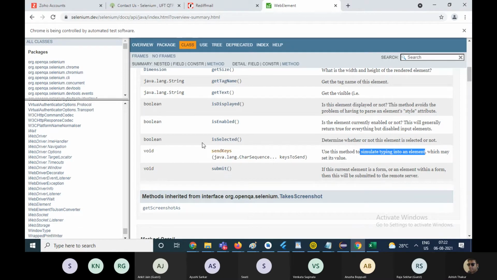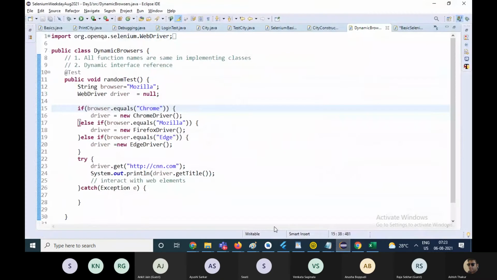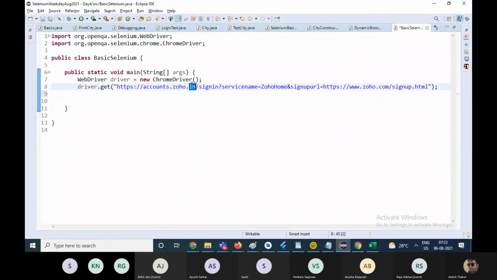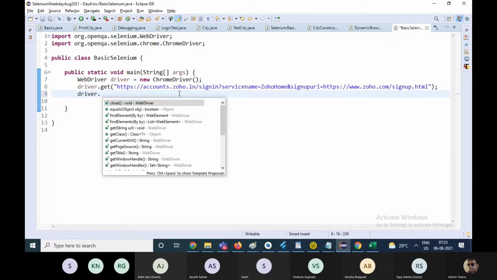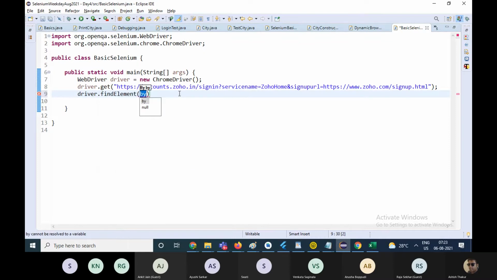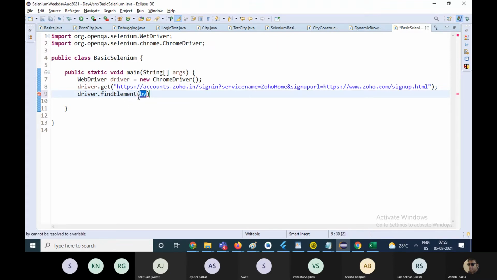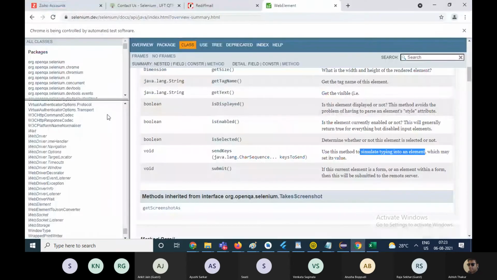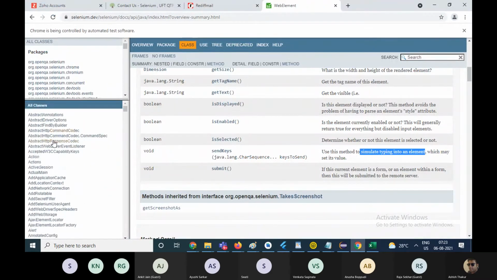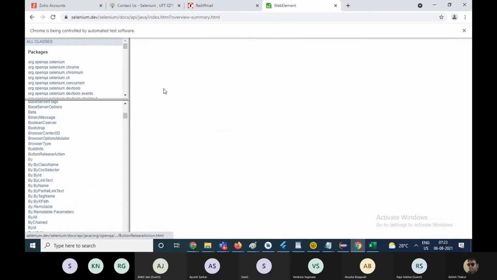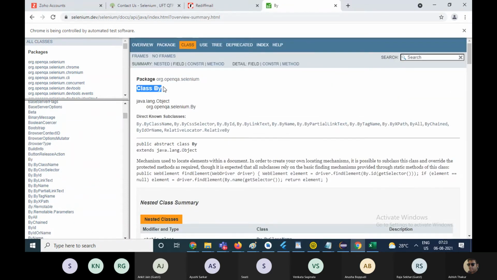So how do we use this WebElement? Now over here, after going to this URL, you write the command driver dot find element. The find element function inside WebDriver helps you find a web element by a certain criteria. How do you want to find the element? There are different strategies or criteria with which you can find a web element. Those are defined by a class known as the By class in Selenium.